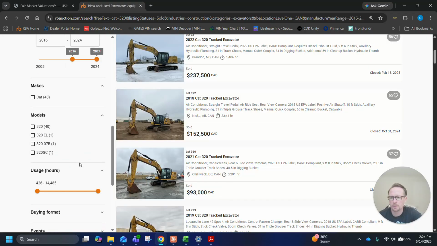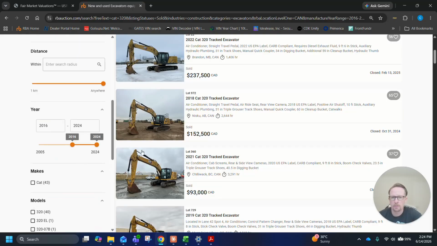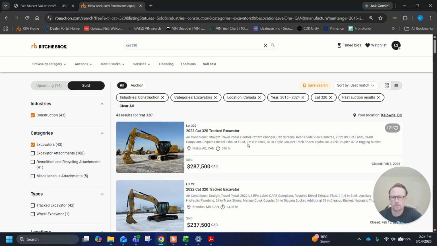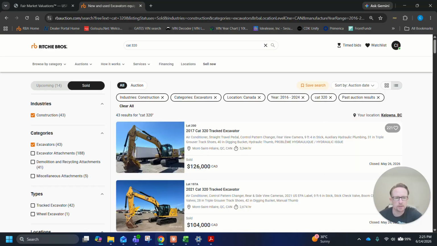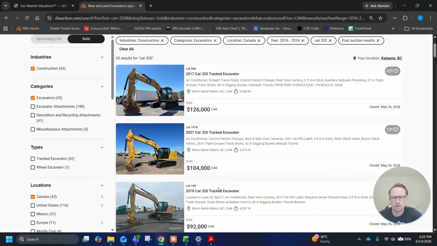And our range I'm going to leave. So there's 43. Again, for my use, we're going to sort by auction date. And again, if you want to filter down to regional or whatever, you can do that as well. I'm going to grab as much current information as possible. So the first way to do this, simplest way to do this,